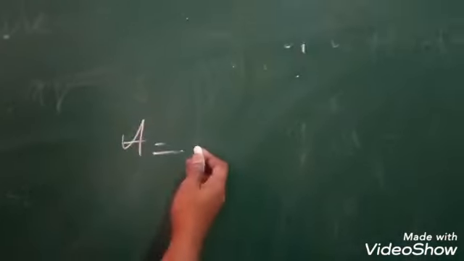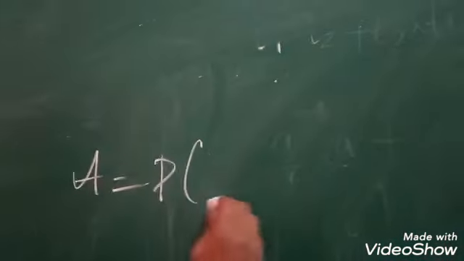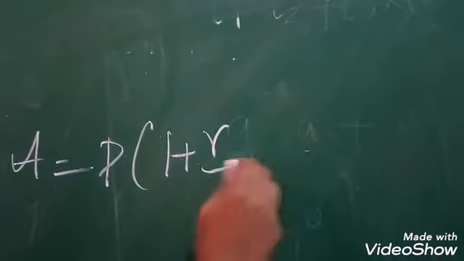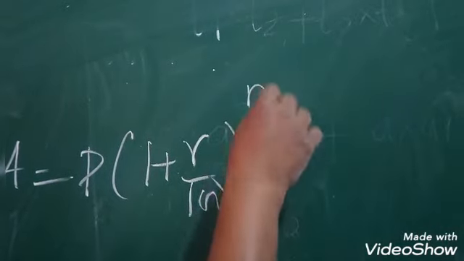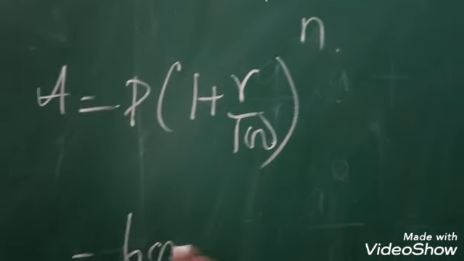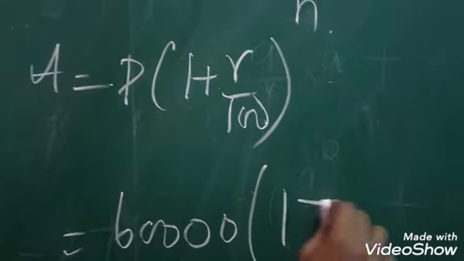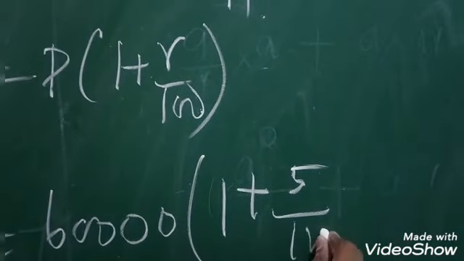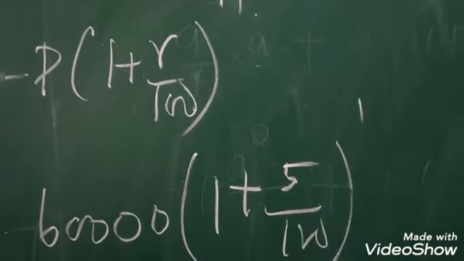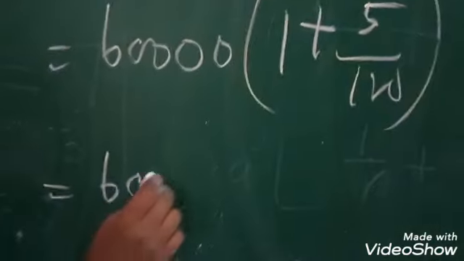Here we know the amount formula, the compound interest formula we studied in the lower class in consumer arithmetic. We know the formula, girls. Yes, here 60,000 is given for the first year: 1 plus 5%. So for the first year you put 1, second year means 2, then it goes on.